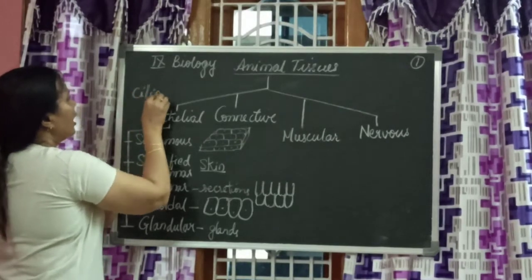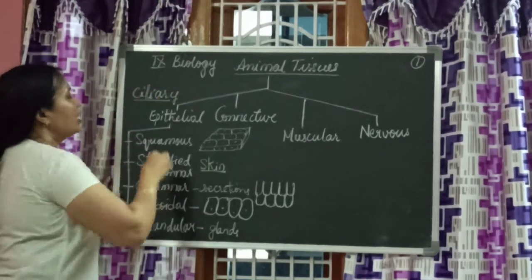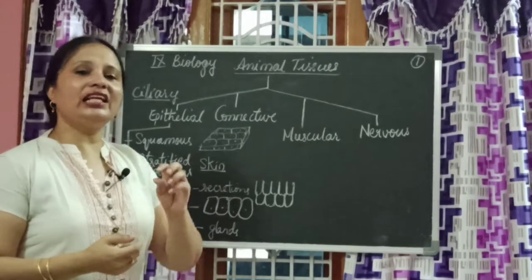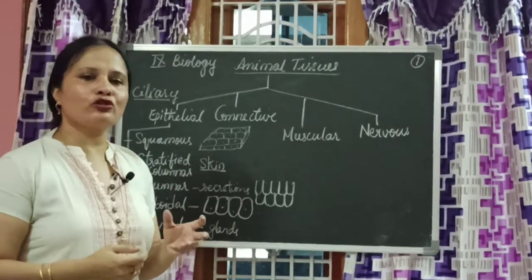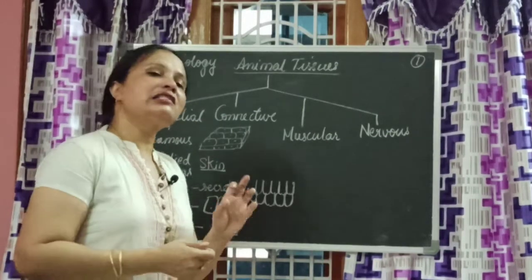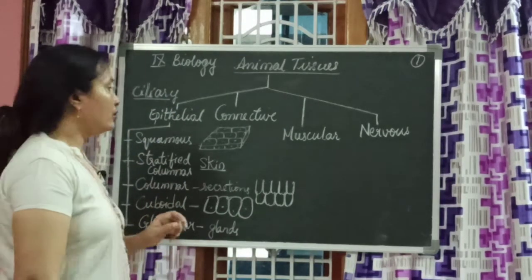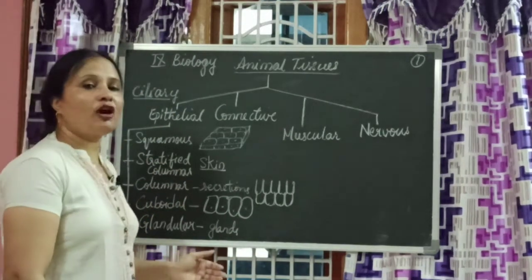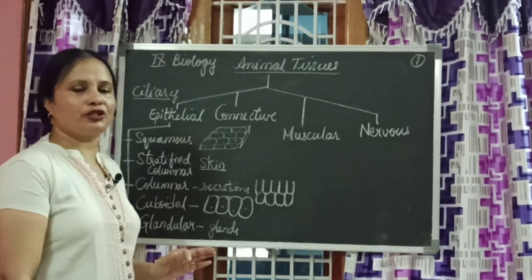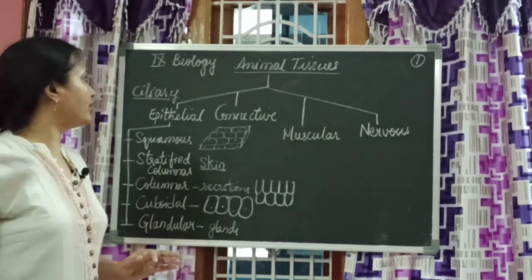But ciliary, the name itself implies that hairs, cilia, grow from that. In most of the animals you observe cilia. Cilia grows from ciliary epithelial tissue. So on the whole, how many did we get? 6 epithelial tissues we got. Fine. Now let us see